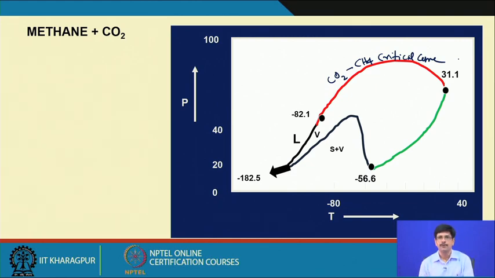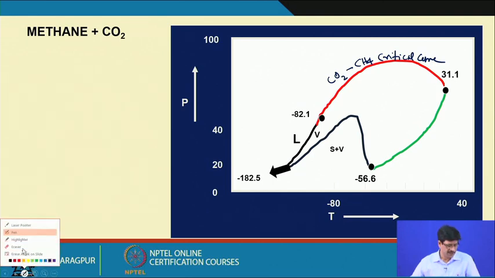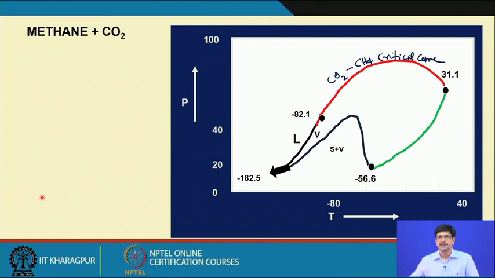Even if it is not a critical homogenization, if it happens to be a carbon dioxide fluid which is mixed with methane, its temperature of homogenization is also going to be depressed compared to what it would have been if the carbon dioxide were a pure one. So, this kind of diagram gives us some insight to understand the behavior, the response of the inclusion fluid to heating and freezing, for understanding their compositional characteristic.